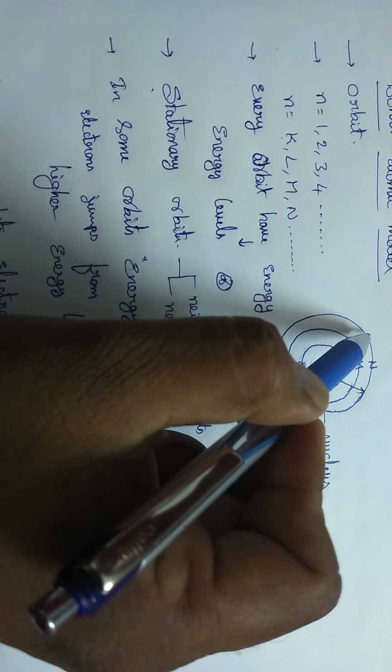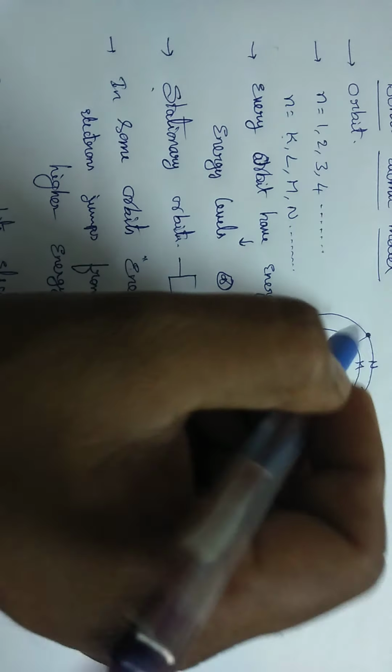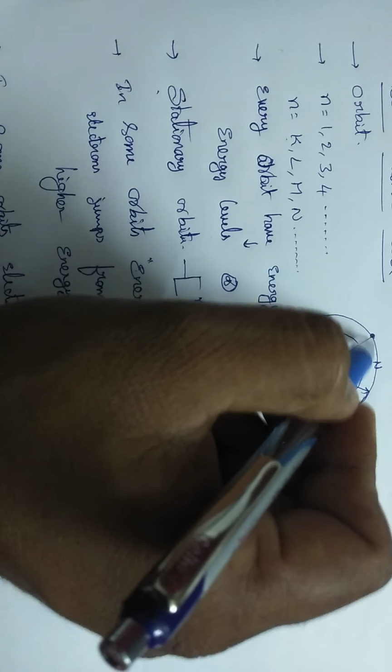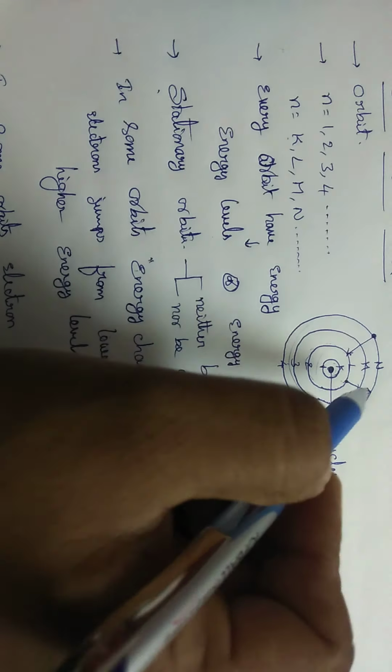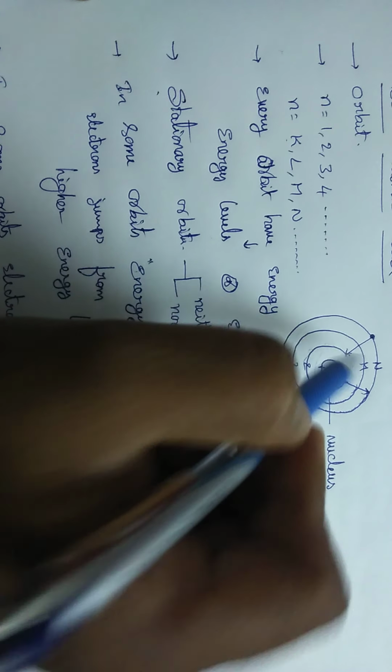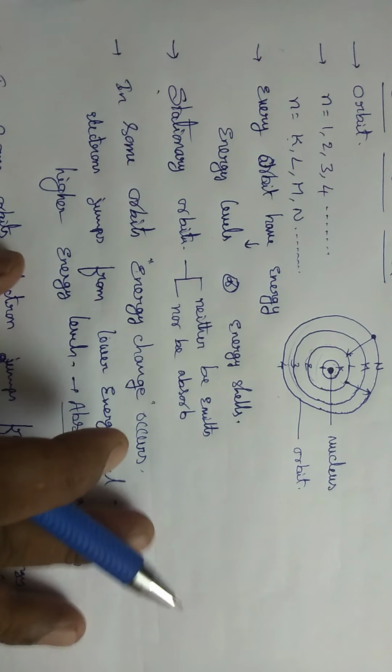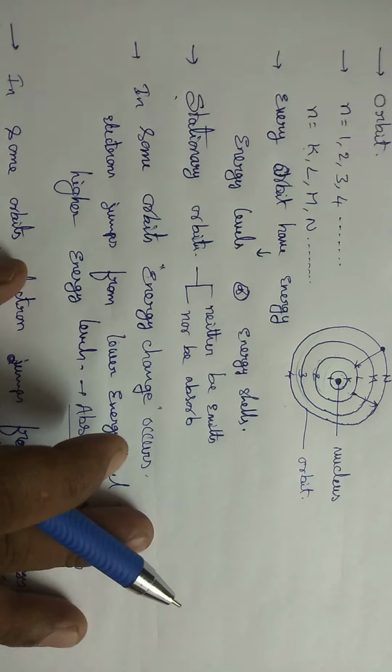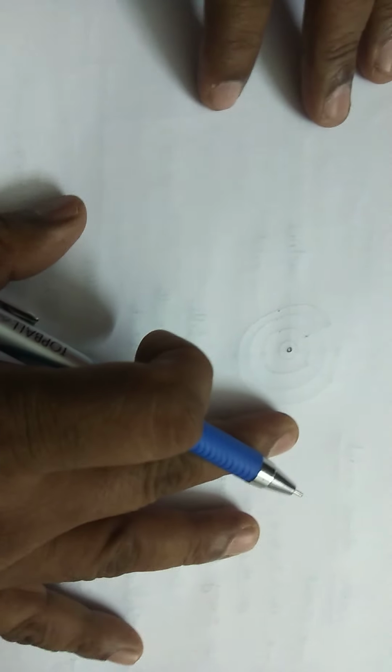In this way, the electron de-excites and the extra energy is emitted out. So here electrons absorb energy, and here electrons emit radiation. This is what can happen. This is Bohr's atomic model. Do you know, students, I want to tell you one important thing here.